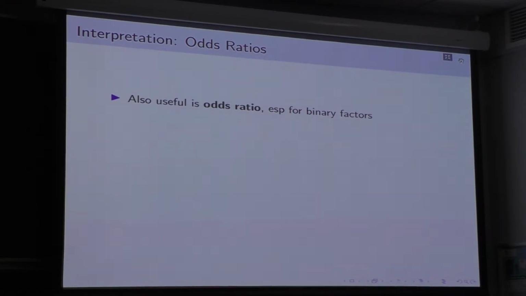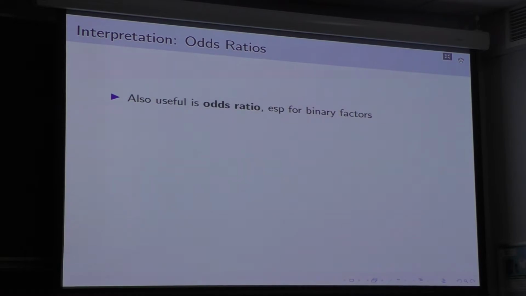It's also sometimes helpful to go back to things we looked at before, odds ratios. That's particularly useful if the factor, the explanatory factor, the possible prognostic factor, is itself binary. So are you on treatment or not? Are you male or female? Those sorts of things. Now this often is called the relative risk,